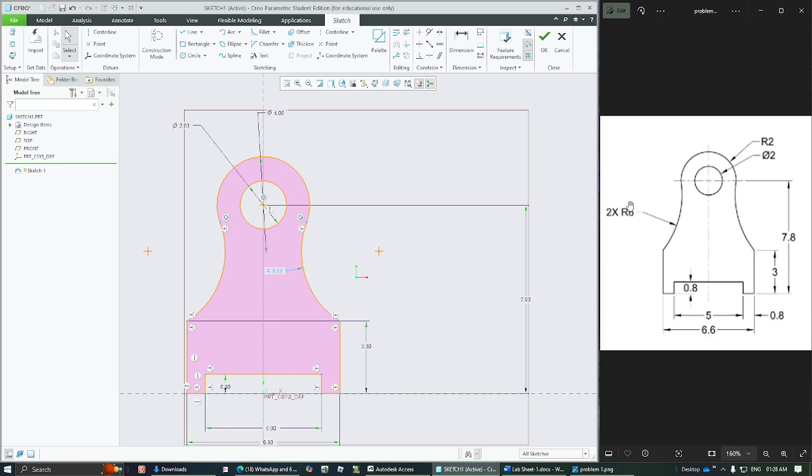Now I need this as radius 6, or this radius needs to be 6. Because it is symmetric, both sides will change at the same time. Now here you can see this is a diameter, but we want radius. Because this arc here is already trimmed, it will by default appear as radius. But since we had defined this when it was actually a circle, this is appearing as a diameter. So what we just need to do is select this dimension, press the delete button, and you can see the radius